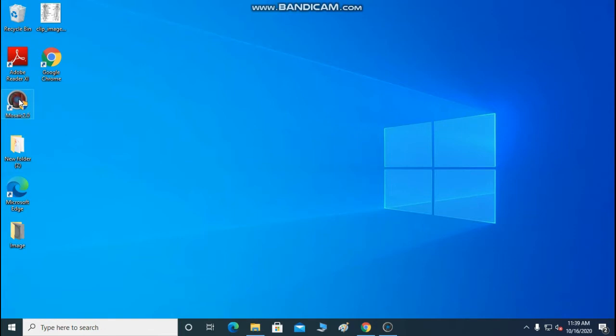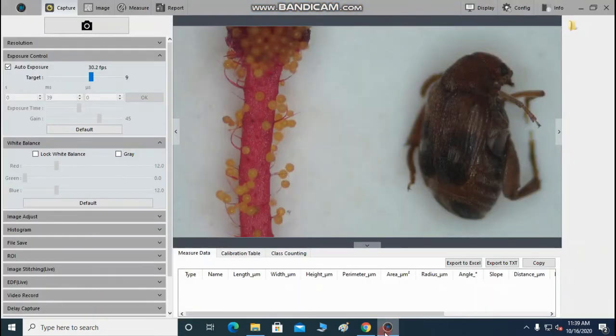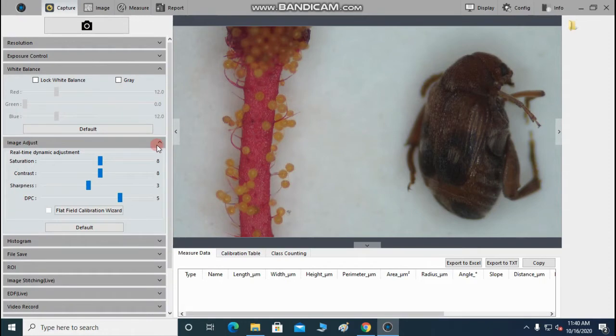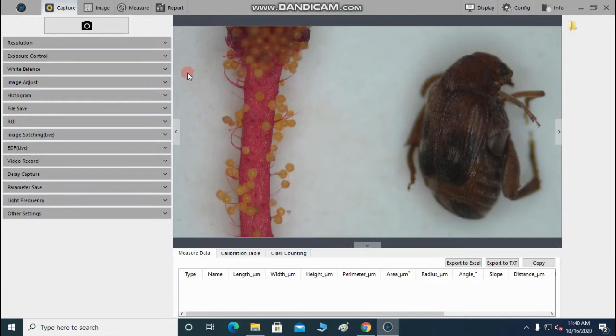To start the interface, first make sure camera is connected. So while starting the microscope, switch on the camera and then start the Mosaic software. After opening the software, the home screen will appear, which mainly consists of 5 parts: status bar, control bar, preview window, data bar and picture bar.